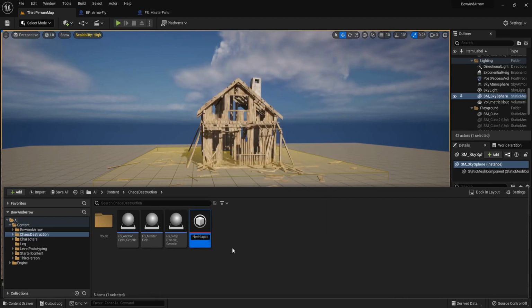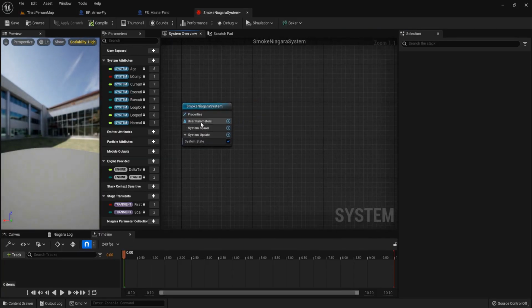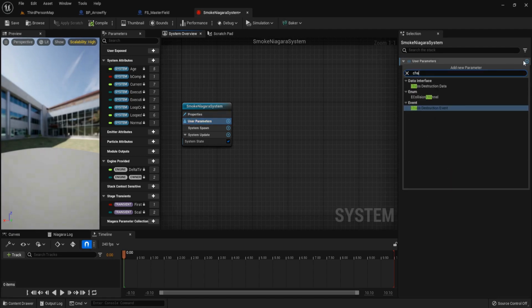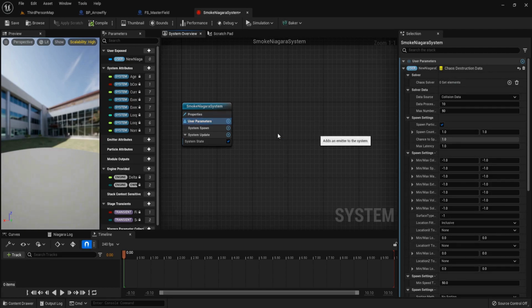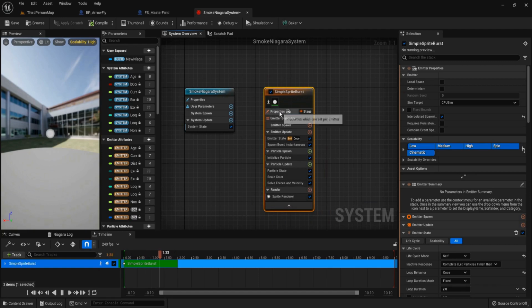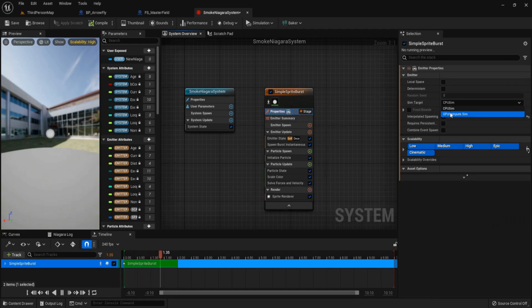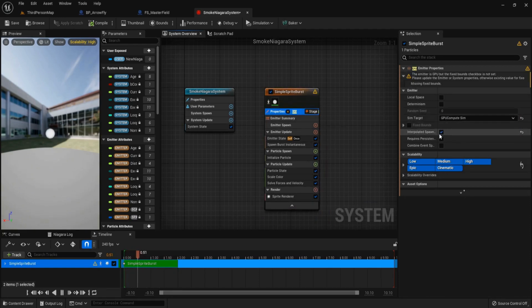Name it smoke Niagara system. Open, click on user parameter, add chaos destruction data. Then right click, add emitter, simple sprite burst. Click on the property, choose GPU compute sim, and click on fix bounds.